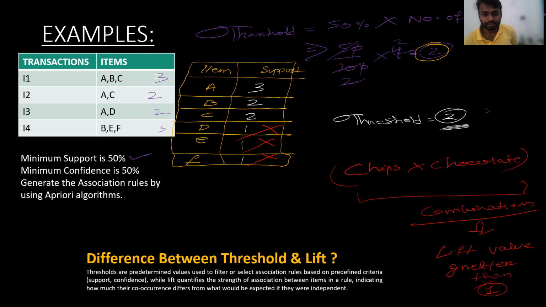Now, next point is what? Let's go for that. So this is all about the support for the single value. So let's go for the combination part. So let's write it. So this is the item. We already filtered it, and this one is the support. Here items A and B and C we are getting, with supports 3, 2, and 2.